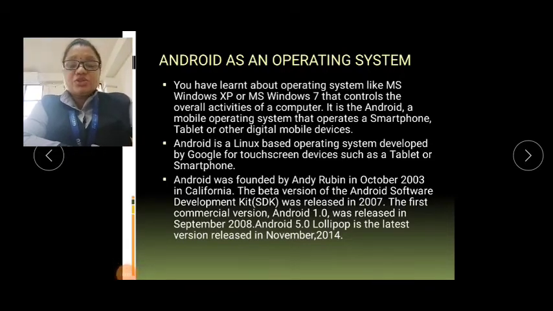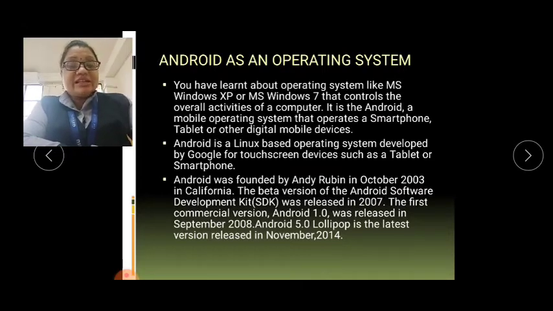So the Android is a mobile operating system. That means the operating system working in a smartphone, tablet or other mobile digital devices is called the Android operating system.